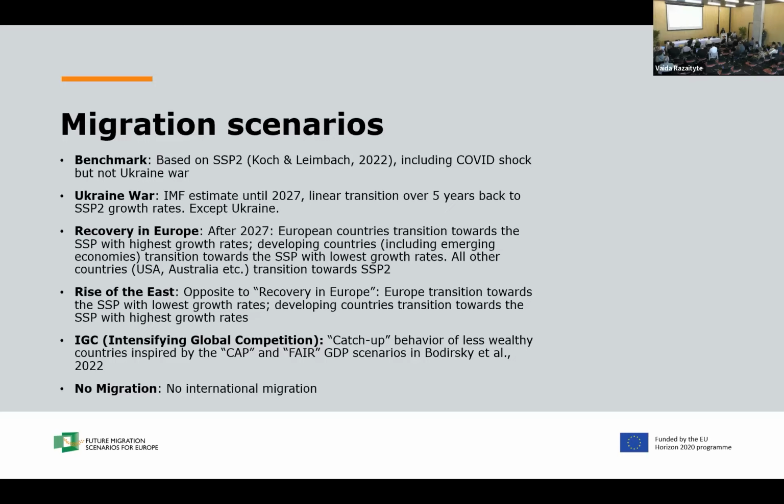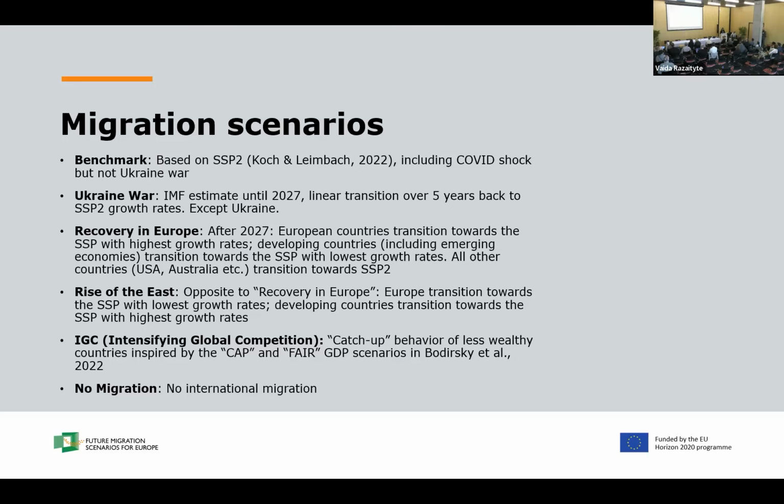The benchmark scenario is based on the SSP2 GDP, and this is only GDP scenarios based. So there was no change in the rates of the population projection. We only use SSP2 fertility and mortality rates. The benchmark does include a COVID shock, but does not include the Ukraine war. The Ukraine war is in its own scenario